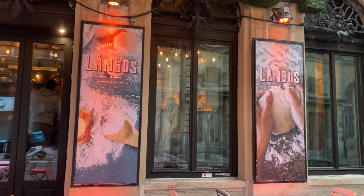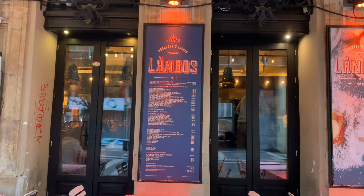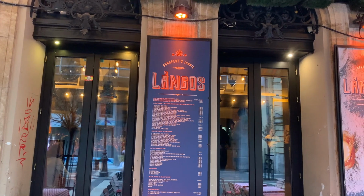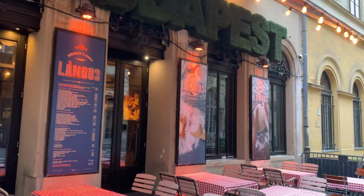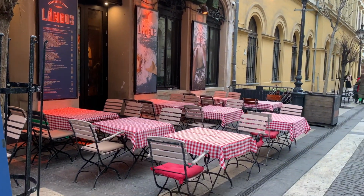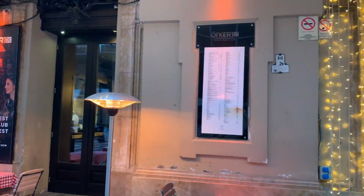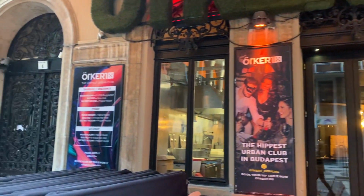So let me show you this restaurant, which is called Langos. Langos is actually a very popular and famous Hungarian flatbread. So everybody who comes to Budapest likes to try the Langos. If you come here, you can have some Hungarian dish, Hungarian meal. But what the place is really famous for is its nightlife. This place is called Ötkert, and it's very popular